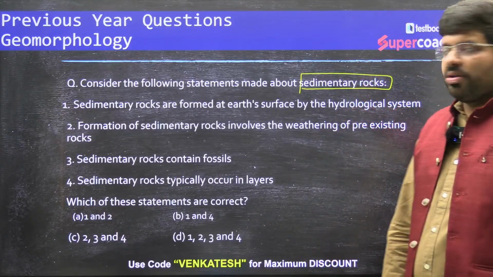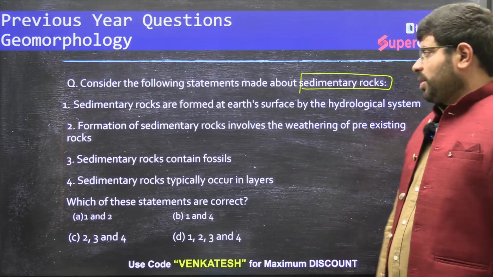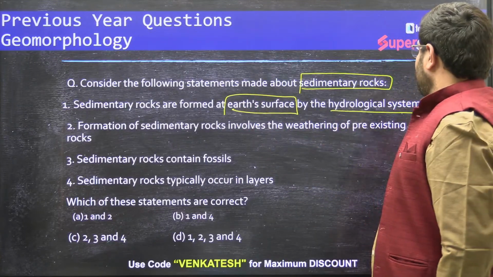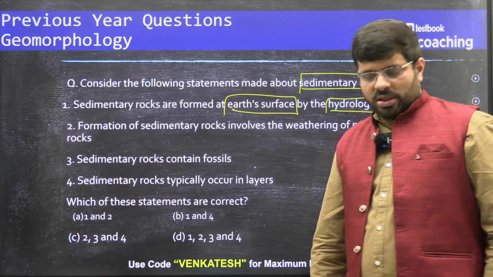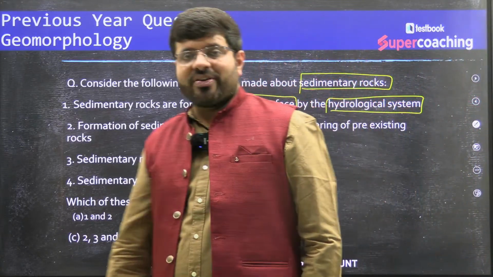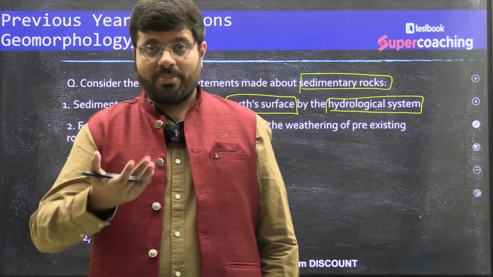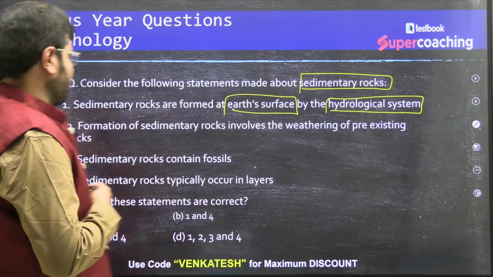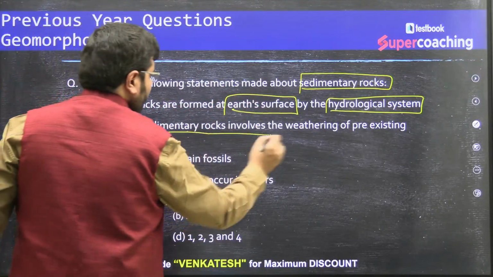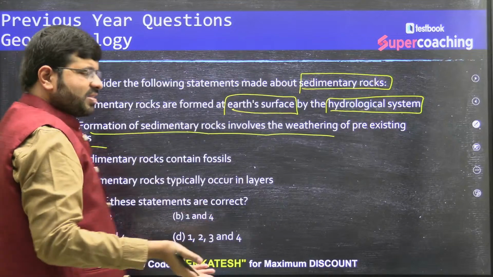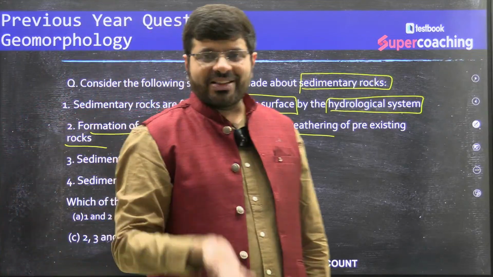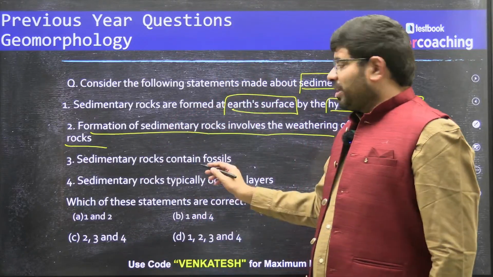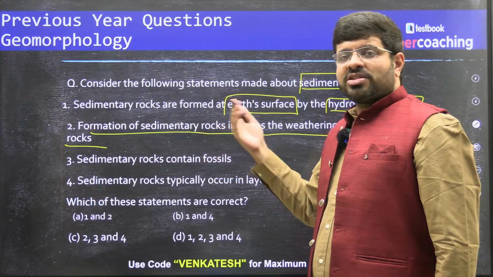Sedimentary rocks. Now you all know what is a sedimentary rock. Sedimentary rocks are rocks formed at the earth's surface by the hydrological system. Yes, by the water. If you see the water, which is bringing about the varieties of erosional and all, the river bringing the erosion. So sedimentary rocks are rocks associated with hydrological system. Formation of them involves the weathering of pre-existing rocks. Obviously, the pre-existing rocks have been weathered, have been transported. That is what is sedimentary rocks, which definitely when they are weathered and when there is organic content which can